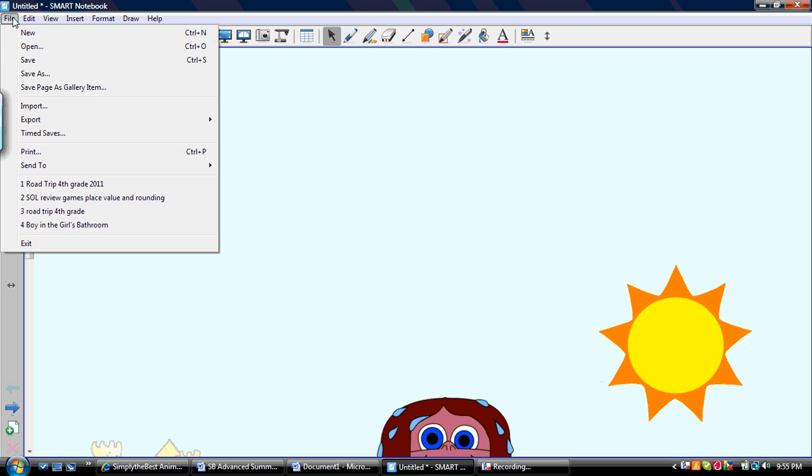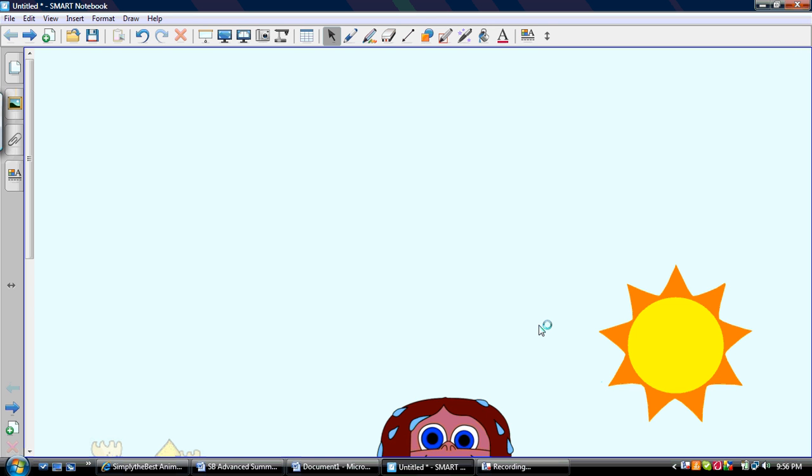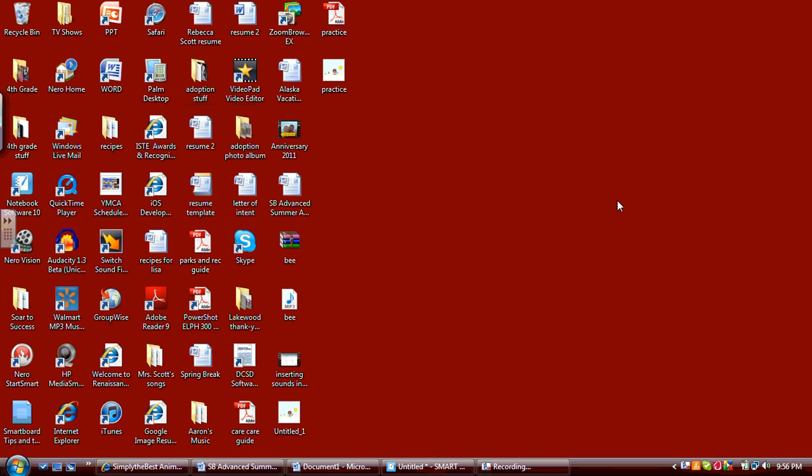There's another thing you can do. You can go to File, Export, and turn it into a PowerPoint. So if you're going somewhere that doesn't have Smart Notebook, and I'm going to call this one Practice again, then you can save it as a PowerPoint, and then that way you can still use your slides that you've created in Smart Notebook, which is a very, very helpful tool if you're going somewhere without Smartboard or without the Smartboard software. You can do it that way, and then it turns it into a PowerPoint presentation. The only thing that it has trouble with is it will not convert any sounds or animations or anything like that. Here is the PowerPoint presentation,